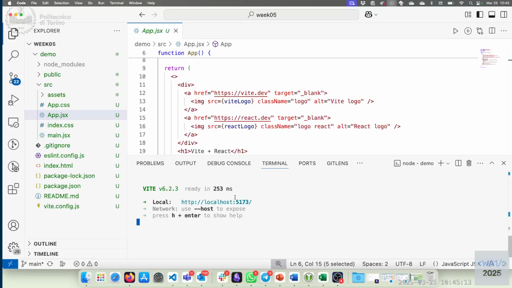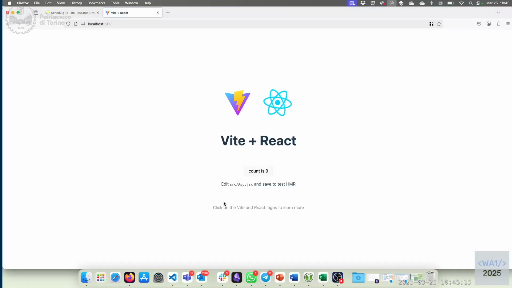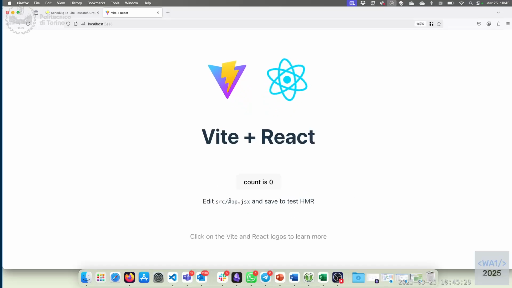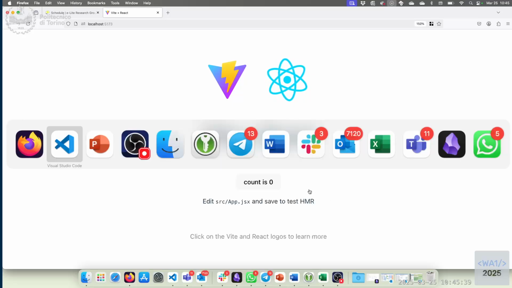And if we click on that, we see that this application, localhost 5173, contains this simple page. And it's telling me that if I edit app.js and save it, it will update this page basically in real time. Okay, so for example, if I want to get rid of these two logos because I don't like them,